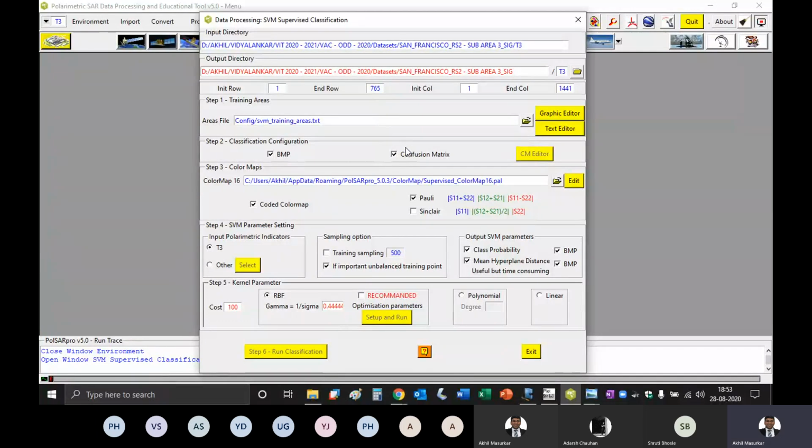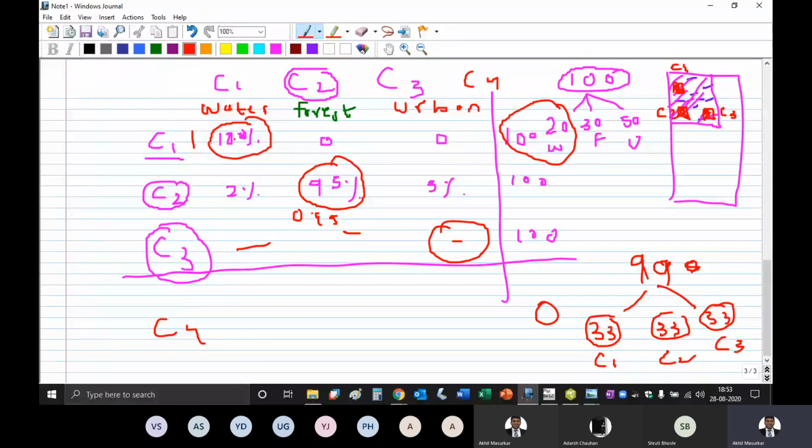Confusion matrix tells us how well a class is detected correctly. That means if C1 is in this position, if you are having a value which is 100 or 100%, that means C1 is detected perfectly. But if it is 95%, then we say C2 is 95% detected correctly and 5% of the pixels are misclassified. They are misclassified into class C1 and C3. Have you understood that, Utkarsh?